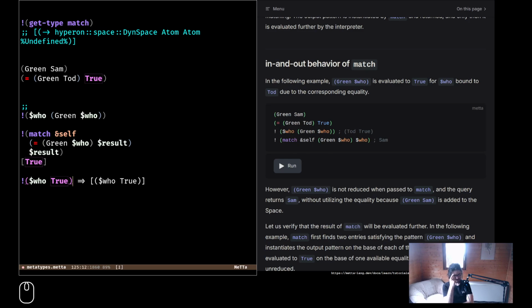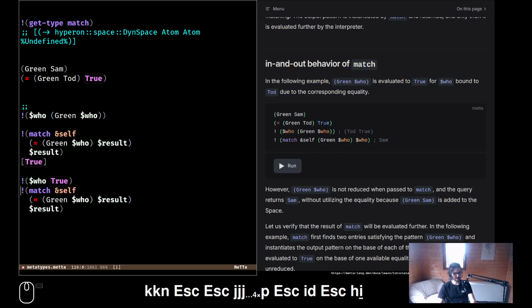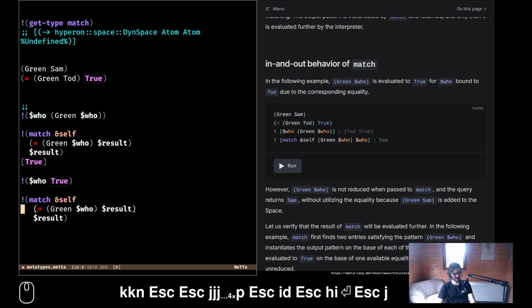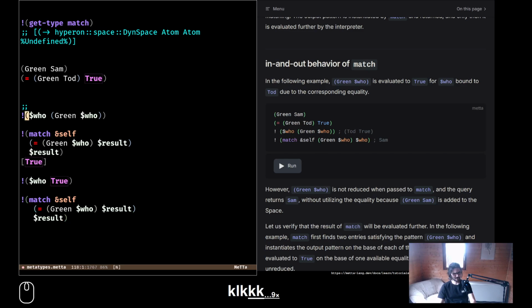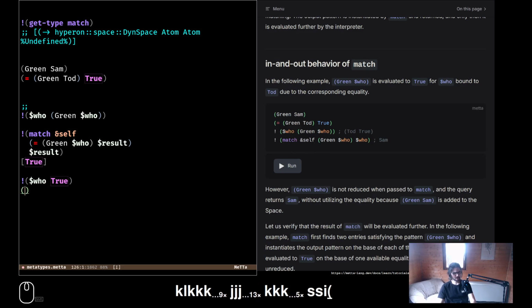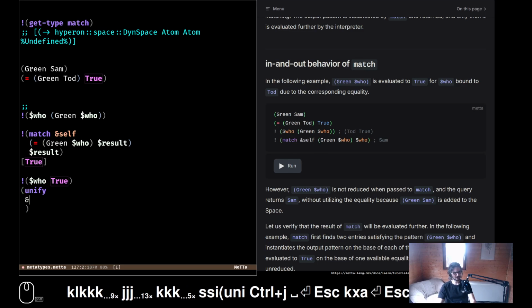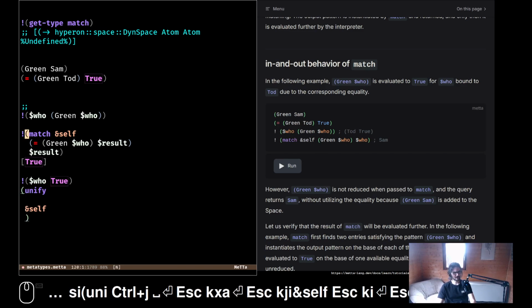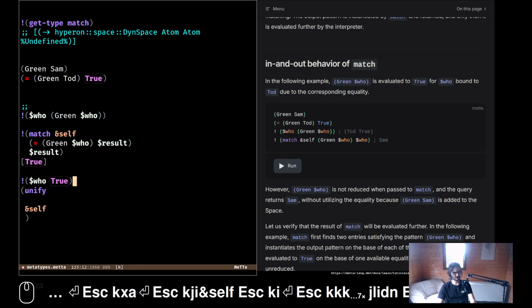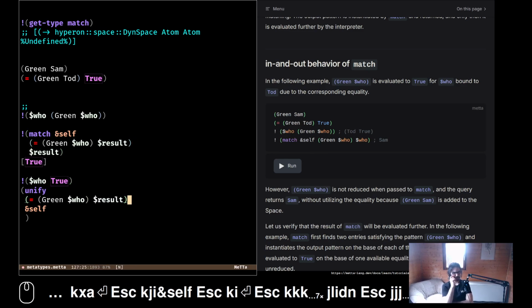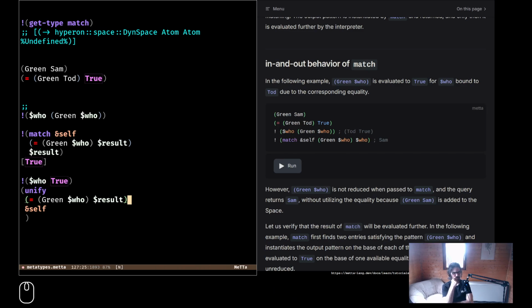Okay. So maybe what if I unify with the space and that would be green who result.